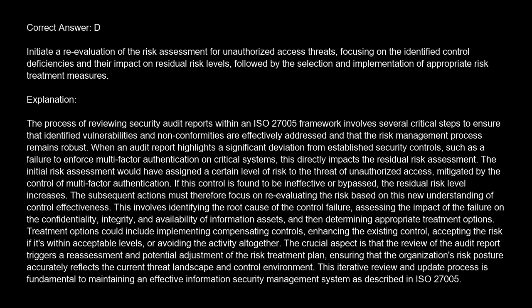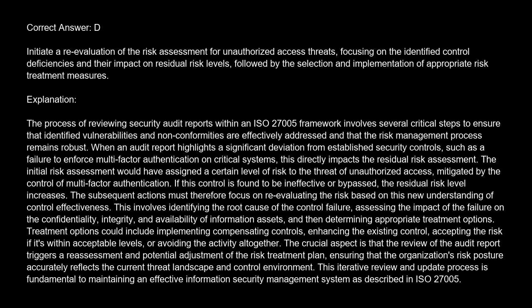If this control is found to be ineffective or bypassed, the residual risk level increases. The subsequent actions must therefore focus on re-evaluating the risk based on this new understanding of control effectiveness. This involves identifying the root cause of the control failure, assessing the impact of the failure on the confidentiality, integrity, and availability of information assets, and then determining appropriate treatment options. Treatment options could include implementing compensating controls, enhancing the existing control, accepting the risk if it's within acceptable levels, or